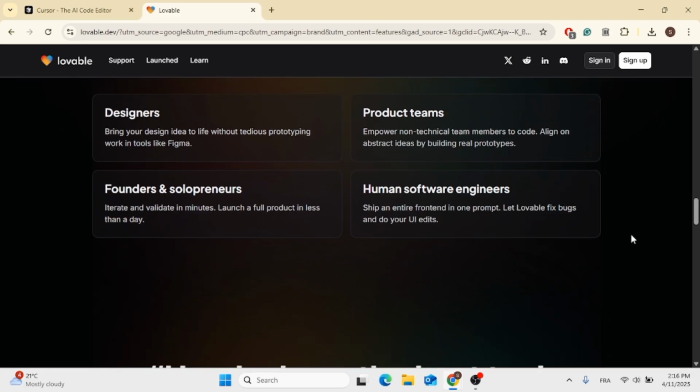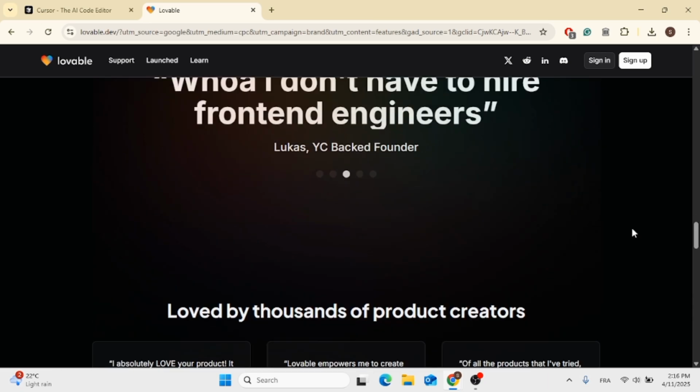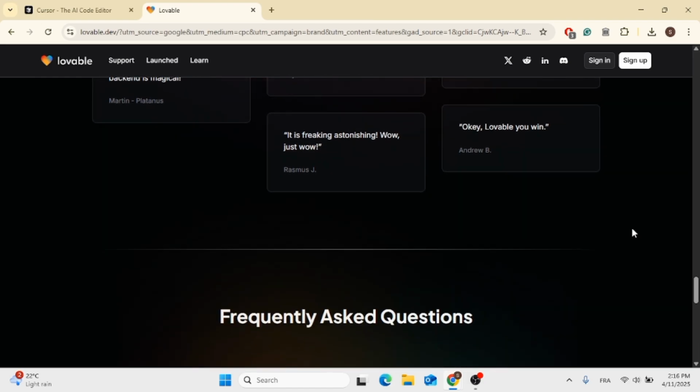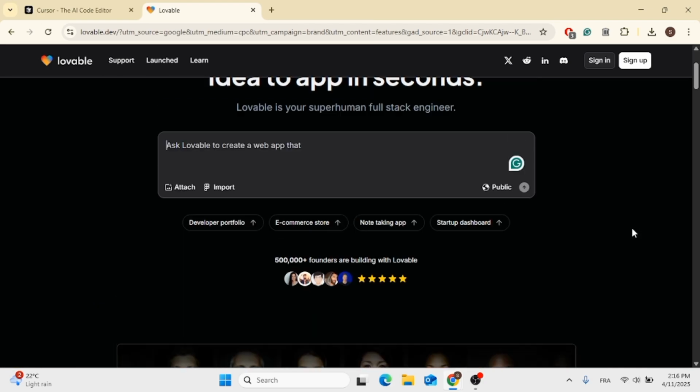So, which one is the best? Choose Cursor if you're a hands-on developer who wants AI right in your coding flow, and go for Lovable if you want AI to co-build and brainstorm entire products with you.